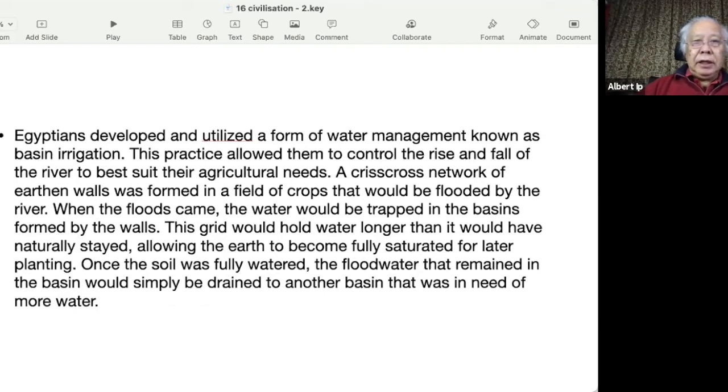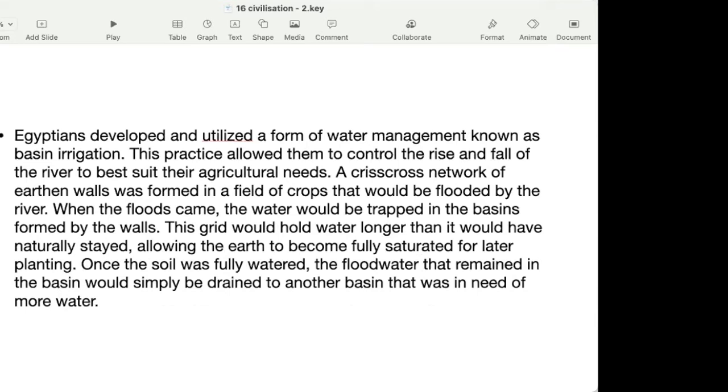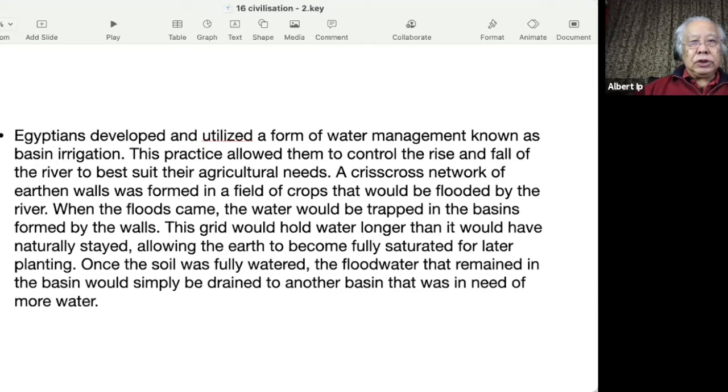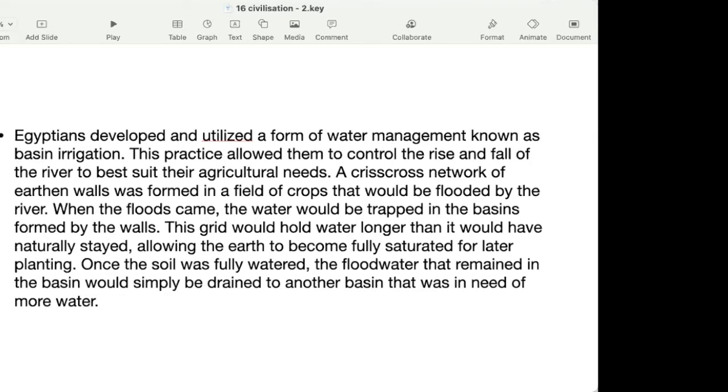The technique used in ancient Egypt is called basin irrigation. This practice allowed them to control the rise and fall of the river to best suit their agricultural needs. A crisscross network of earthen walls was formed around a few crops that would be flooded by the river. When the floods came, the water would be trapped in the basins formed by the walls. This grid will hold water longer than it would naturally stay, allowing the earth to become fully saturated for later